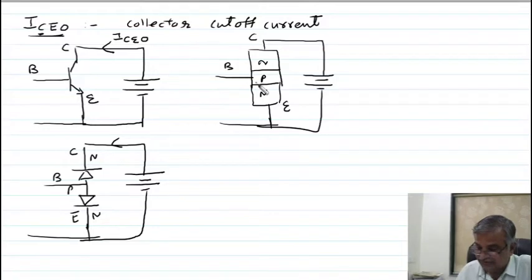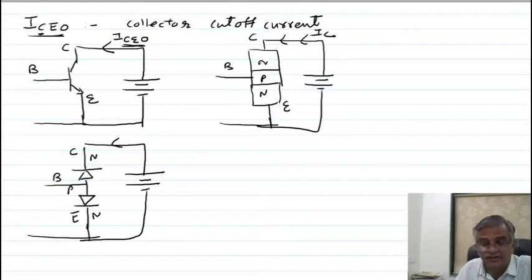So this electron will go to the collector and constitute the collector current. Which electron? The electron of the emitter will go to the collector. A few electrons will go to the base and combine with the base current. But here I am talking about the electrons going from the emitter, which constitute the collector current. And the minority charge carriers of the p-type also go and constitute a current. Which current? It is the leakage current.